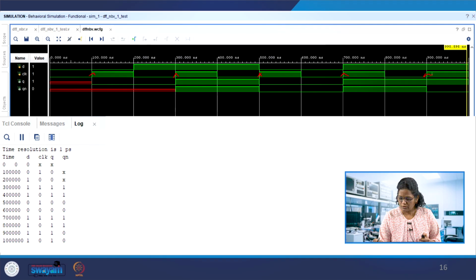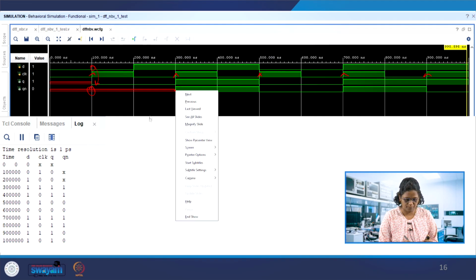Let us see the output. This is the clock, and the D input is changing over here. At this point, D is 0 at the passage of the clock, and it is given to Q. The first thing is over: D is non-blocking assigned to Q, that's fine. But Qn, at the same passage of the clock, needs D tilde assigned to it. See, it is not getting the value. Qn doesn't get the value.